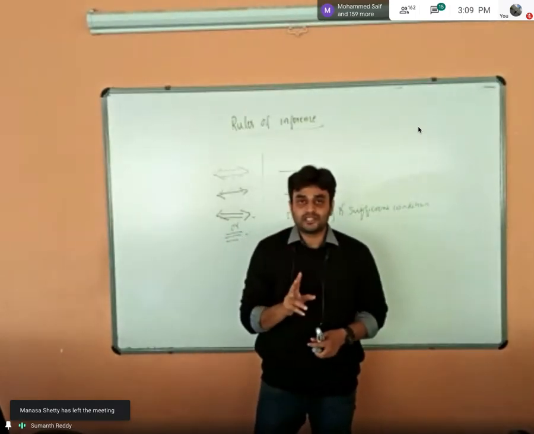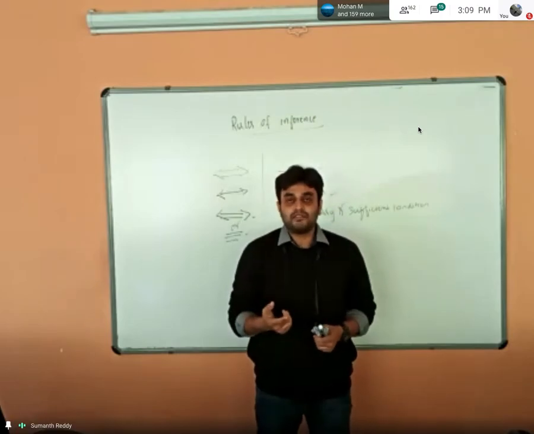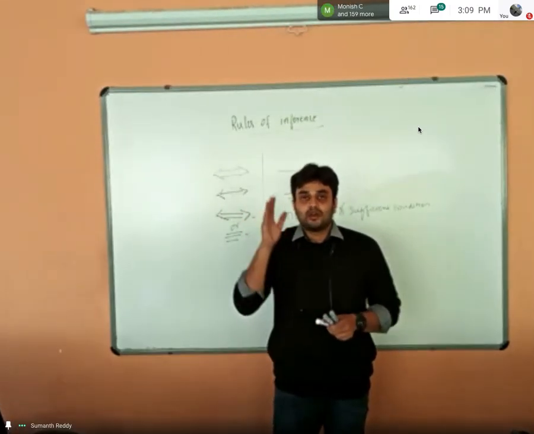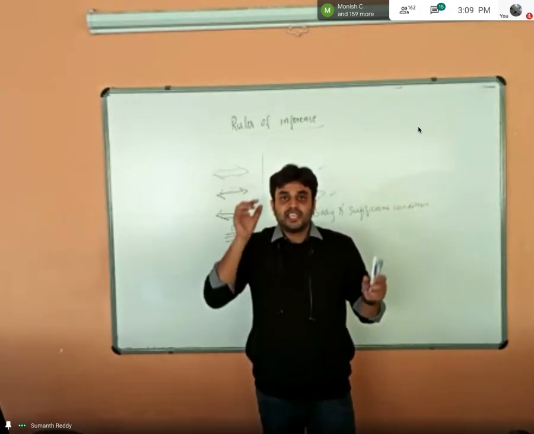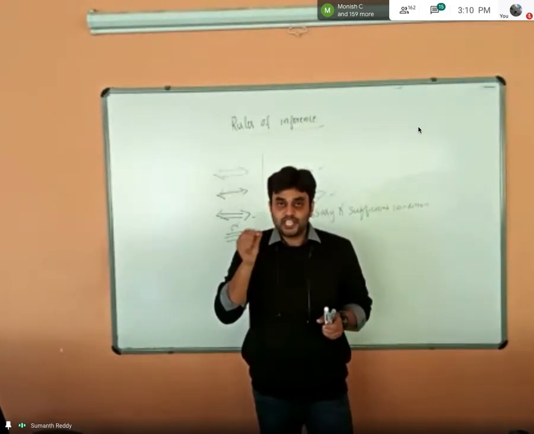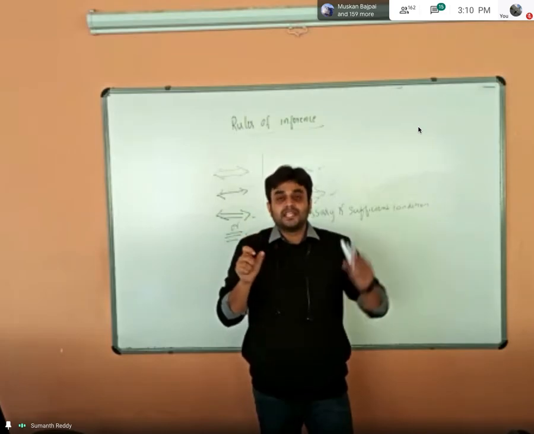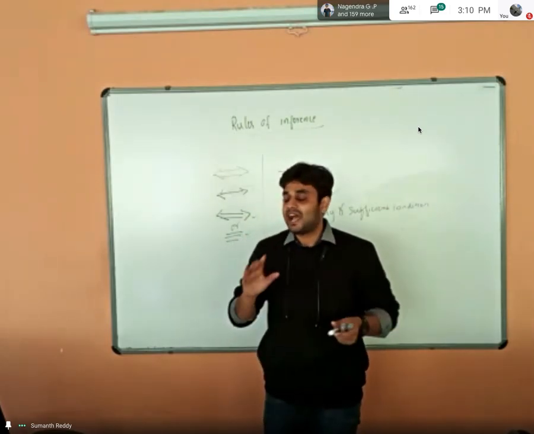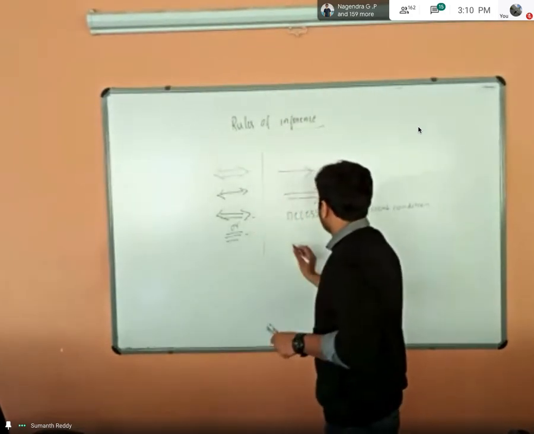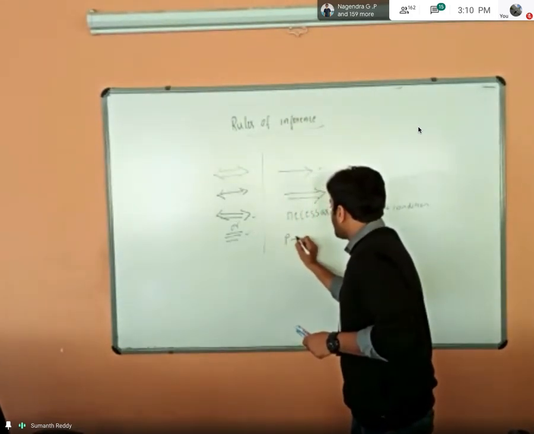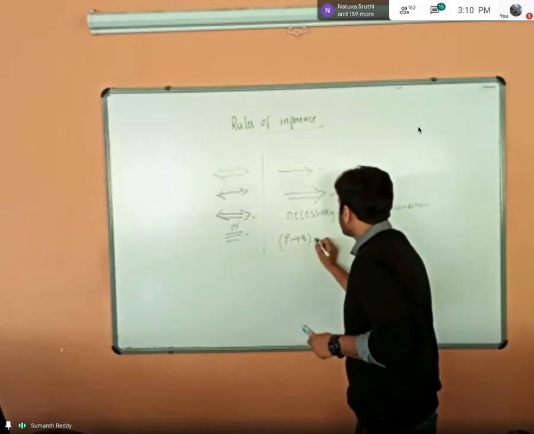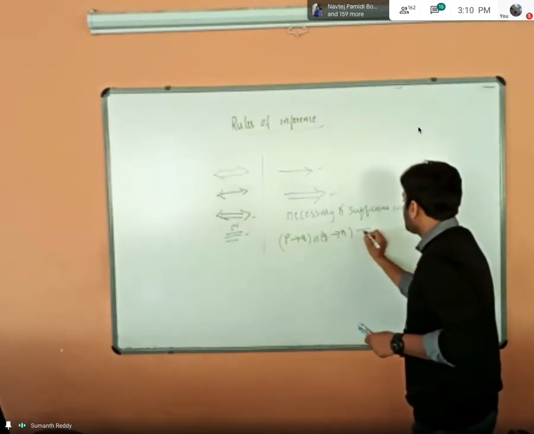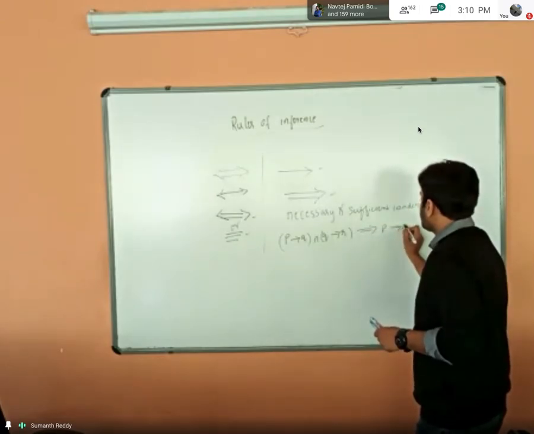I will tell you in two ways. Okay, so one simple way is when you find the truth values. Between the LHS and RHS, if each part of the LHS is true, then only you have to worry about RHS. Okay, so what is that exactly? I will give one simple example for you. I will say that P implies Q and Q implies R is necessary and sufficient for me to say that P implies R is true.